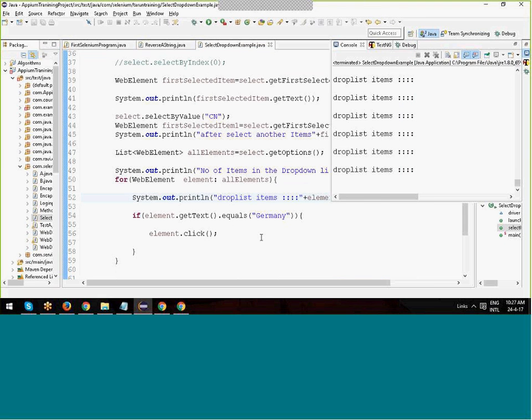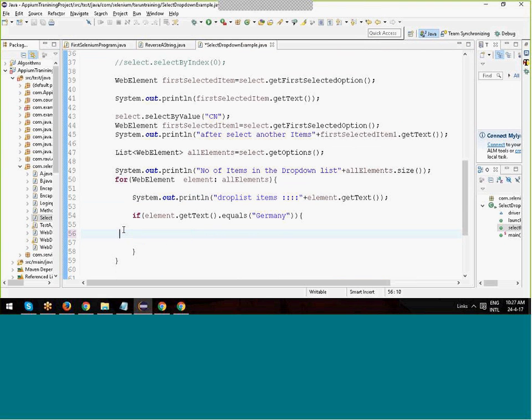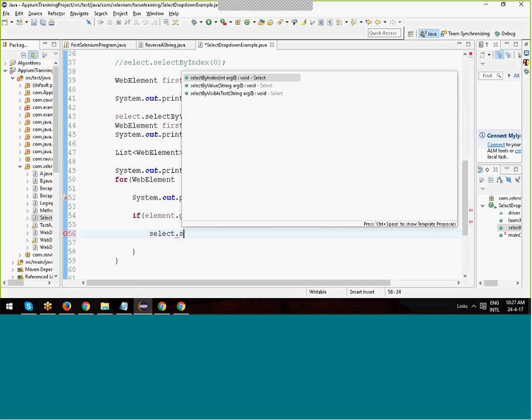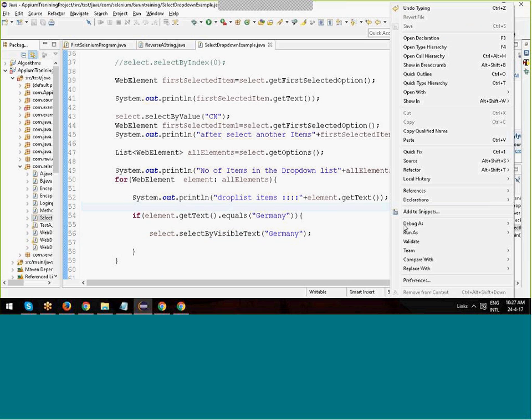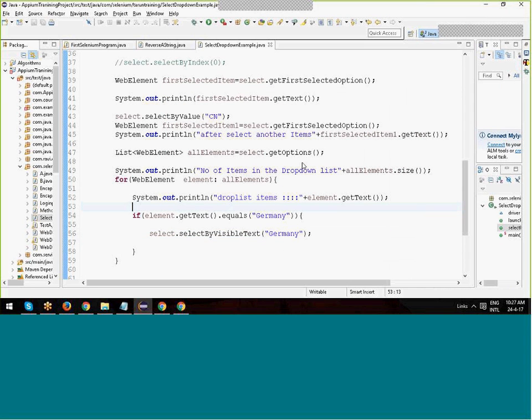Selected. So what we should do is make the item here. Select is actually based on the index. If I select here, select visible text. With a normal for loop like int, that will give the index. But here we are providing Germany directly. If Germany is matched, then we should provide the visible text only. So if I run,